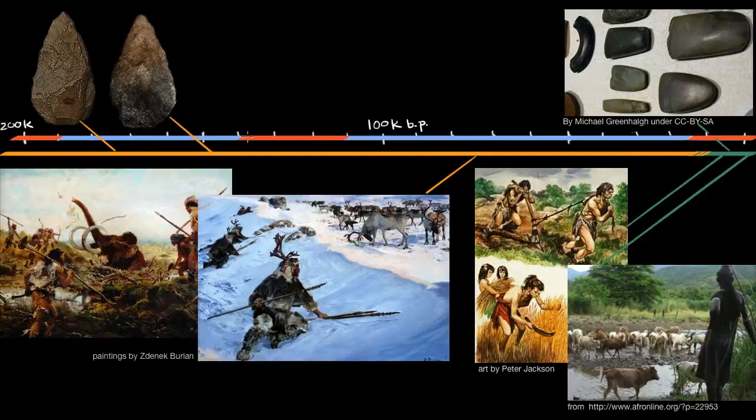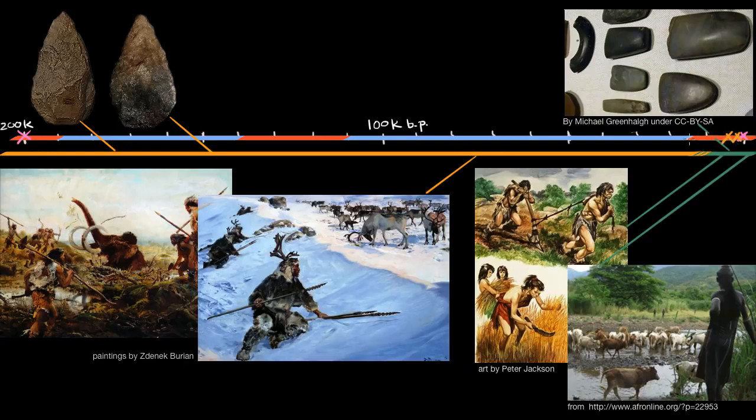This timeline here covers 200,000 years, from 200,000 years into the past to the present. And just to get a sense of the scale of this, if we were to go 2,000 years ago to the time of the Roman Empire, that would be roughly here on the timeline. If I were to say, when were the pyramids built? That would be roughly there on the timeline.